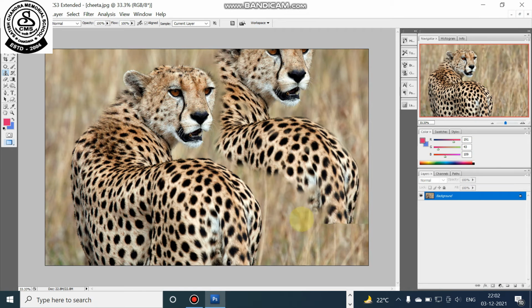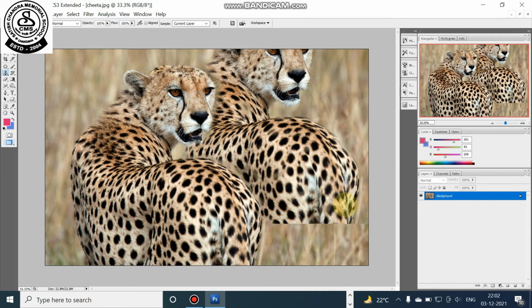It looks like two cheetahs are there, like siblings, staring at their prey. So you can understand that just like this you can create a clone of one part of the picture with the help of the clone stamp tool. How? You click on this and you select this.